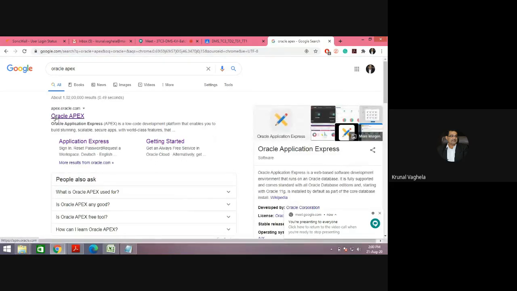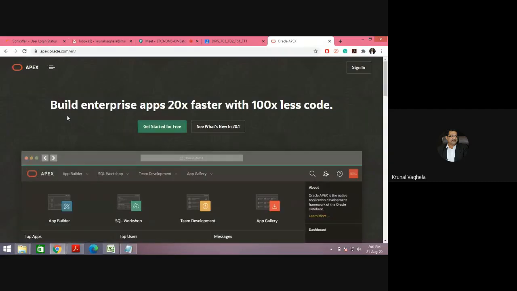The first link will be apex.oracle.com. It is nothing but a cloud-based Oracle engine where you can perform your practicals. So I am opening it, and this will open on your screen.